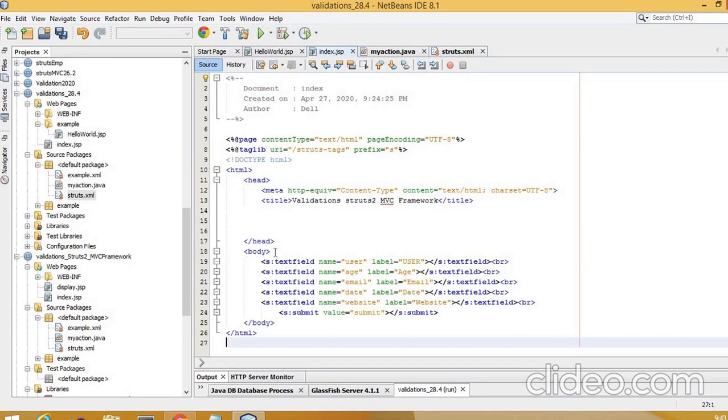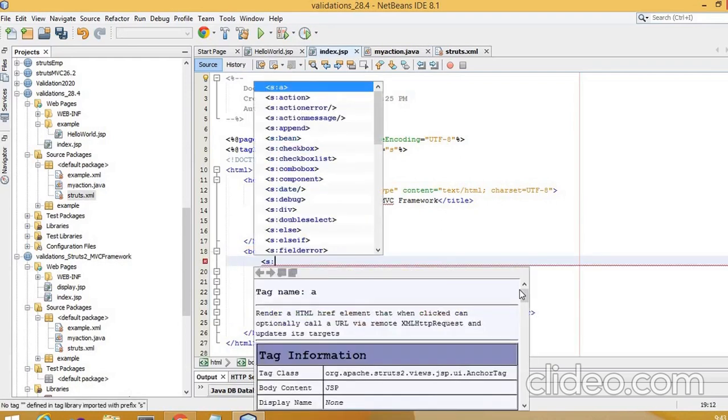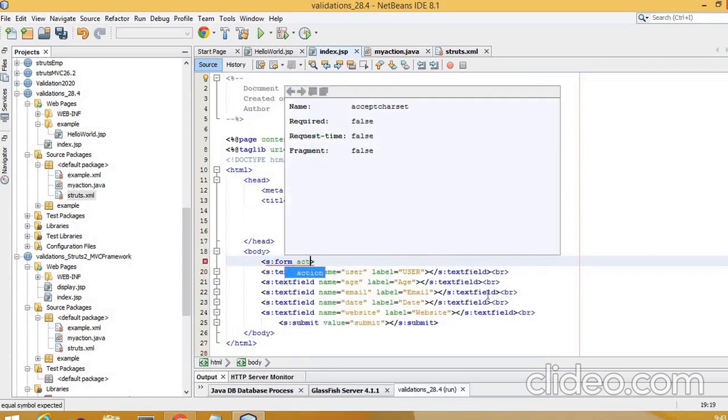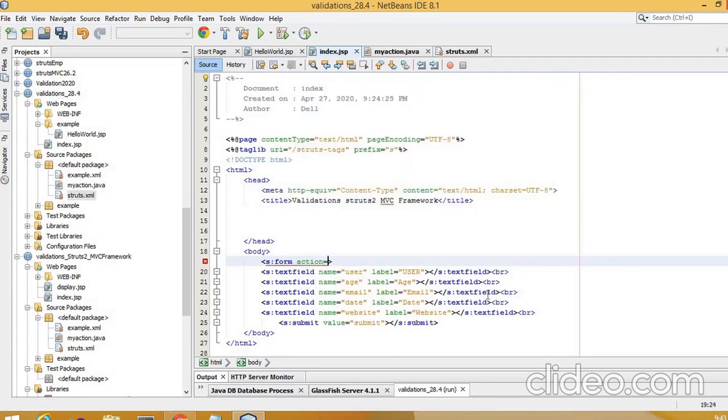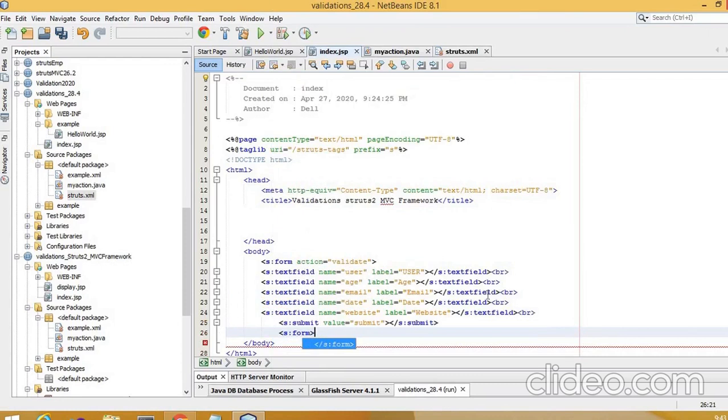So I'll just put here the form action is equal to validate, and I'll just close this form, right? This has to be embedded within a form, right? So I'll just close this.